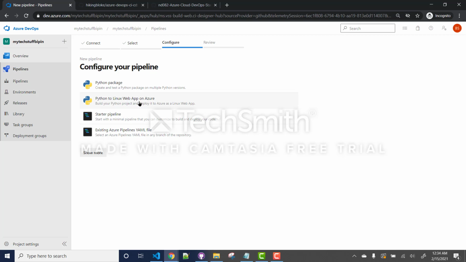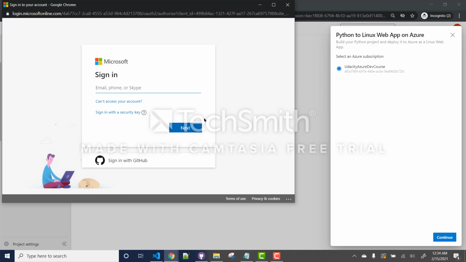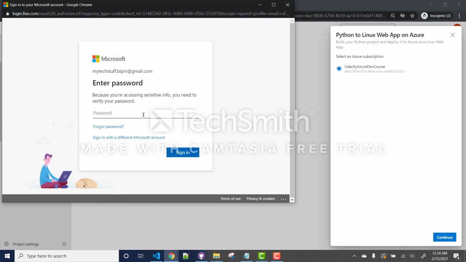And since it's a Python web application, I'm going to use this option. It's going to connect to my subscription. I'm going to select my subscription and go ahead with this one. Sign into your Azure account, so that we can tell the pipeline where to deploy the code.